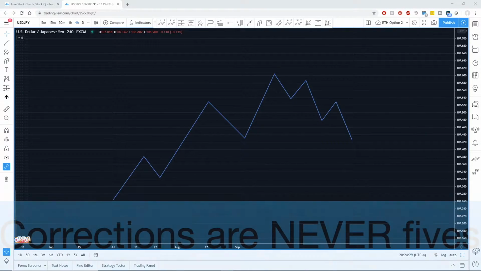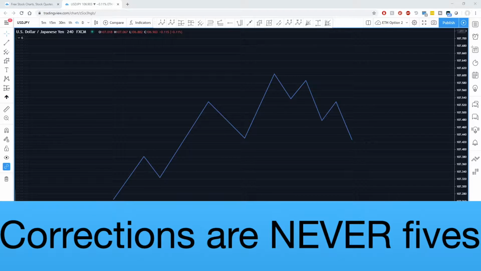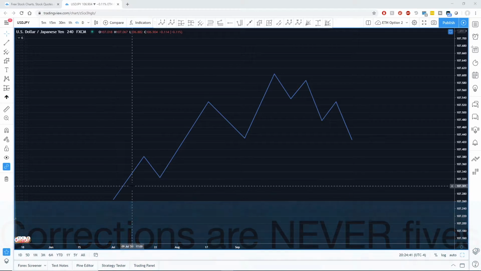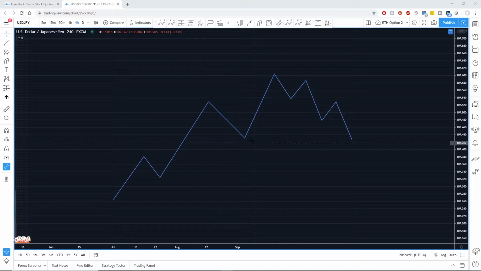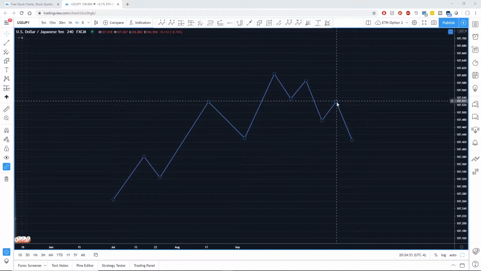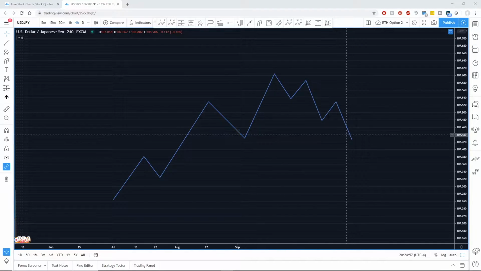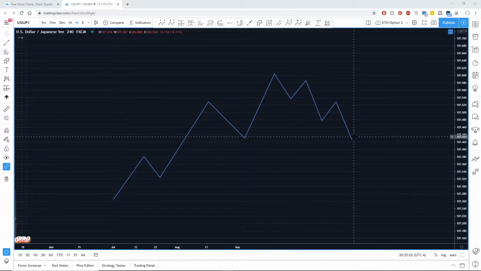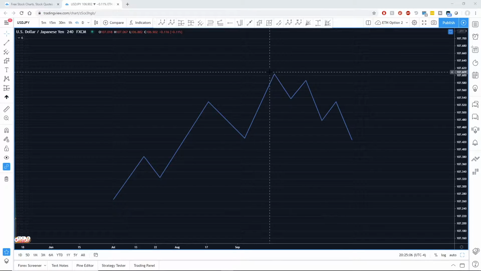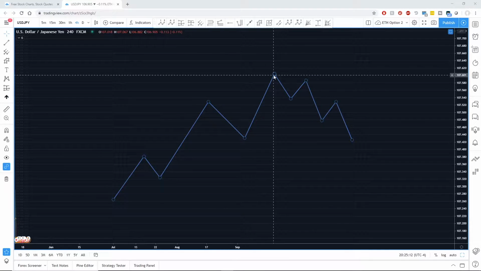One super important characteristic about corrections is that they are never 5s. Only motive waves are 5s. So any initial 5-wave move against the larger trend is never the end of a correction. So for example, if you see price history that looks like this, where it's a clear 5 waves upwards, and then we have this 5-wave move downwards, this 5-wave move cannot be the full correction of this larger 5-wave move. It must be just the start of the correction, aka the A wave. This is one thing we can be absolutely sure of when we're trying to map out where we are in